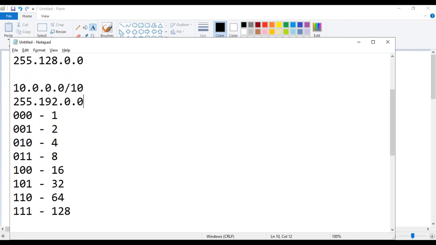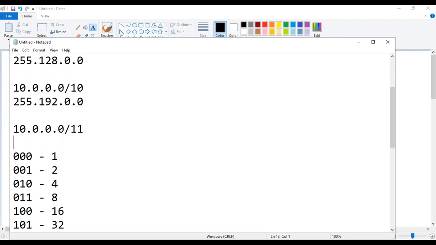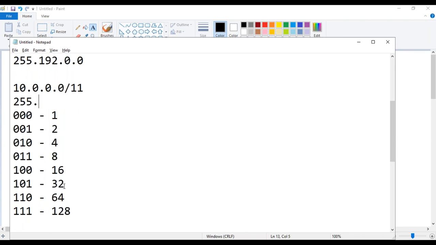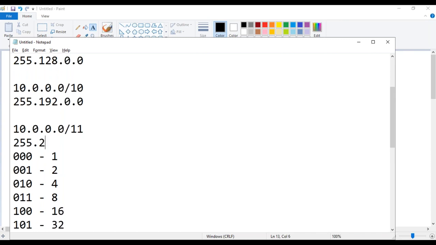So this will be basically the subnet mask. If I give 11, 10.0.0.0/11, it will be 255, then 128 plus 64 plus 32 is 224.0.0, and /12 continues this way.